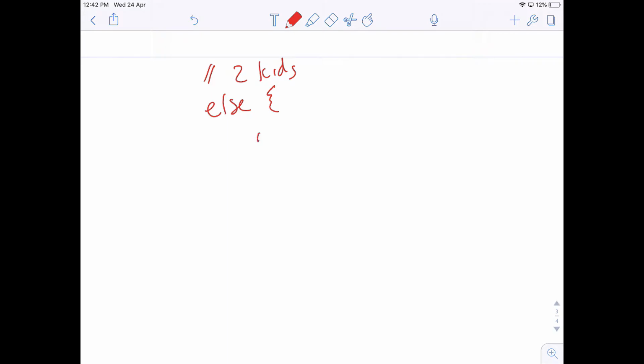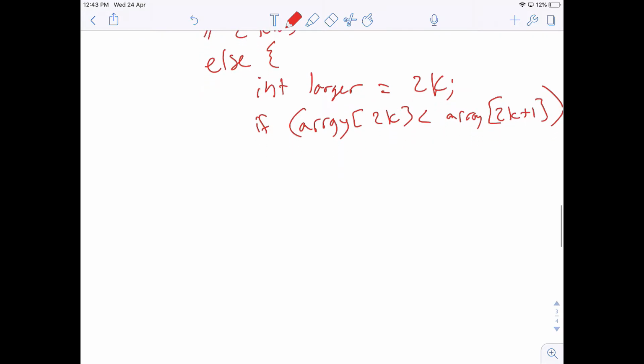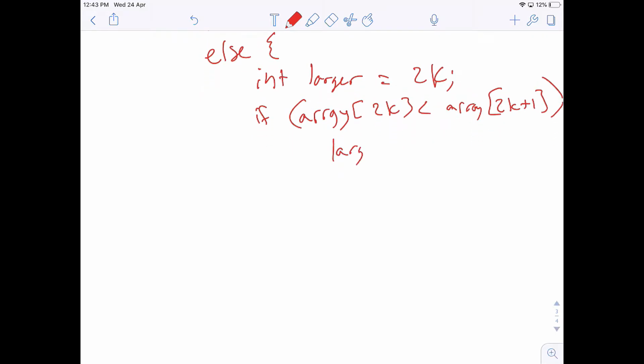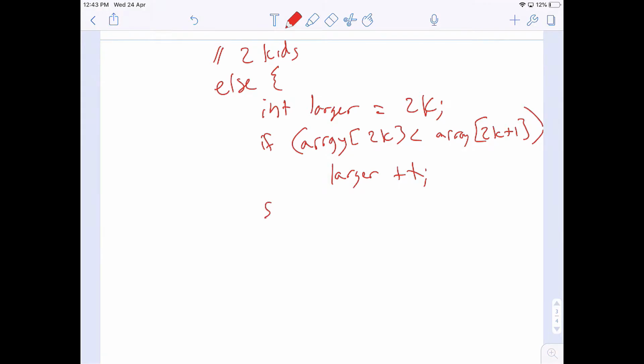So we'll do int larger equals 2K. If array 2K is less than array 2K plus 1, then larger plus plus. Sure, right? So larger is now this one. Right, then